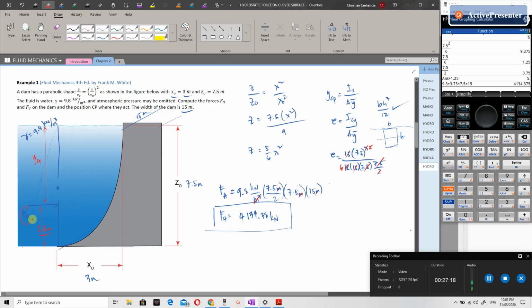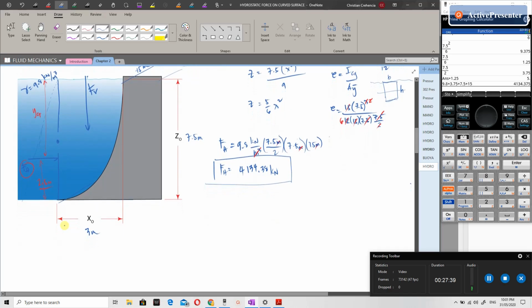So that is yung FH. So paano naman yung vertical component? Somewhere dito, so let's call that FV. So kailangan natin makuha yung volume, yung volume nitong liquid natin directly above ng gate. Okay? So if